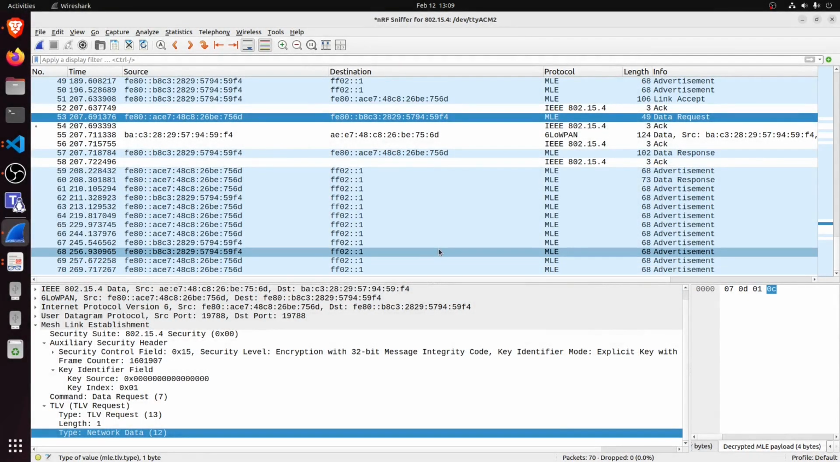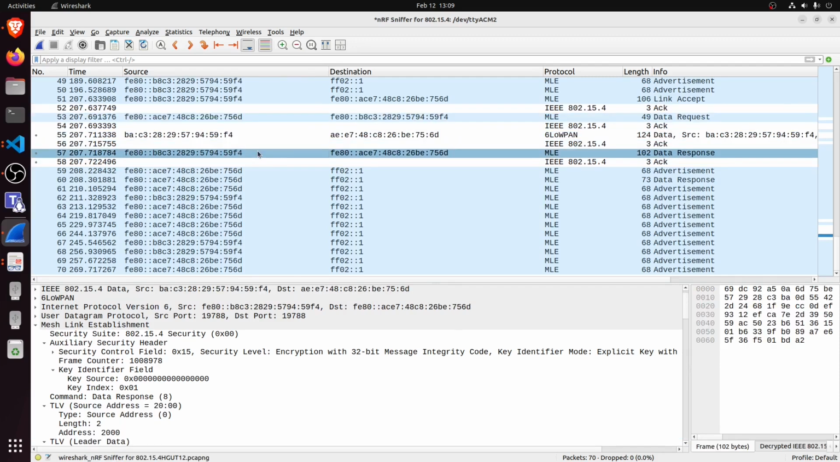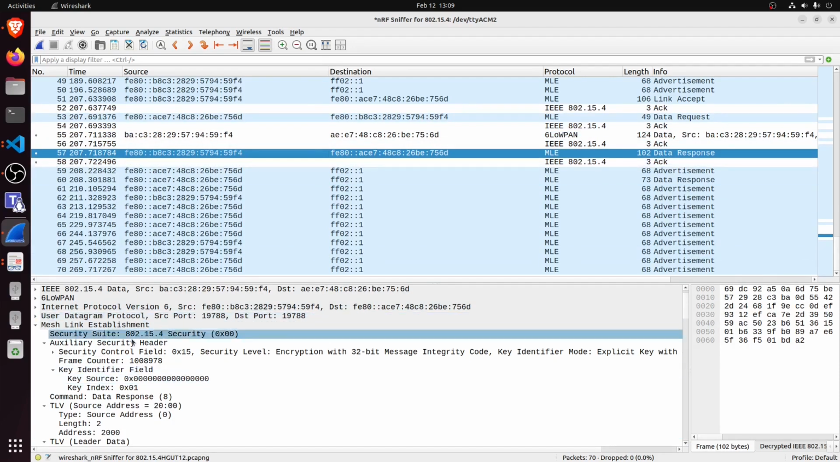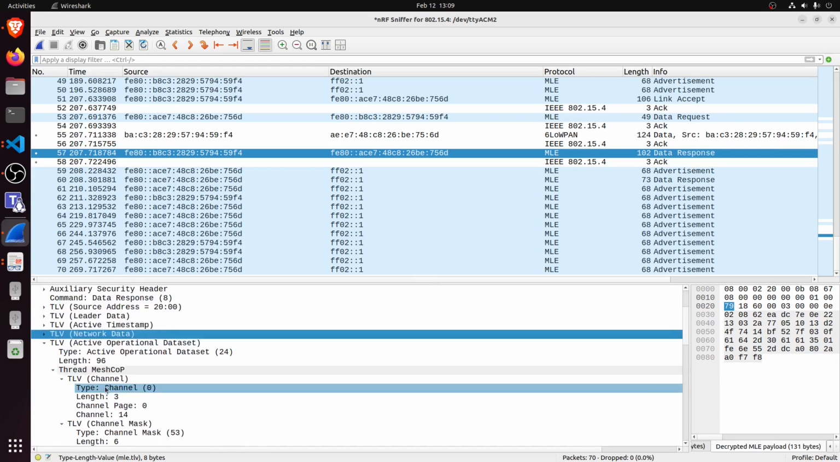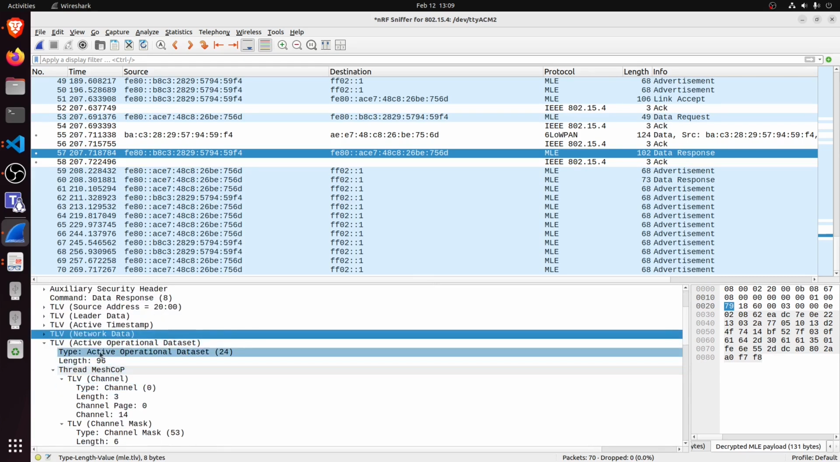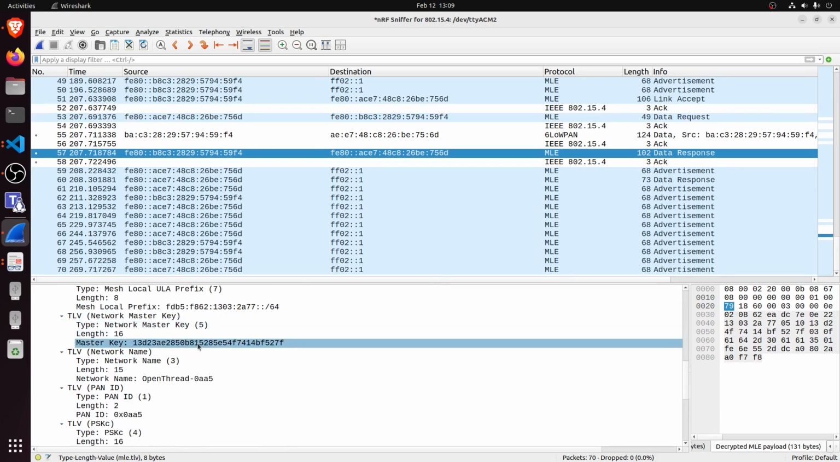Okay, so just jumping right back into it. Here, this data request: for the joining device, if it doesn't have all the network credentials and it just has the network key, then it makes a data request, and then basically here the data response contains some of the network data, and the active operational dataset, and then it provides it, and it even includes the key,